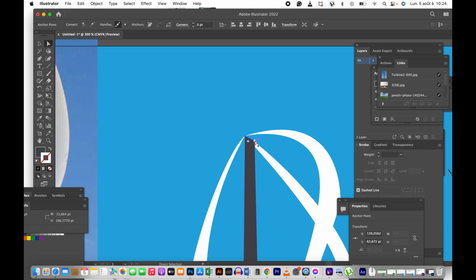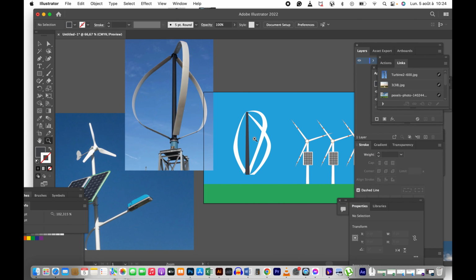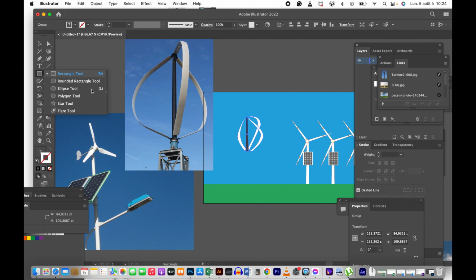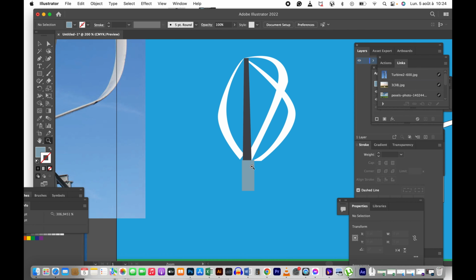Now we can maybe, just to make something near the photo that we have. So we group all these shapes. Now I will try to make this base, but before that let's create this base like this and change the color. Maybe add